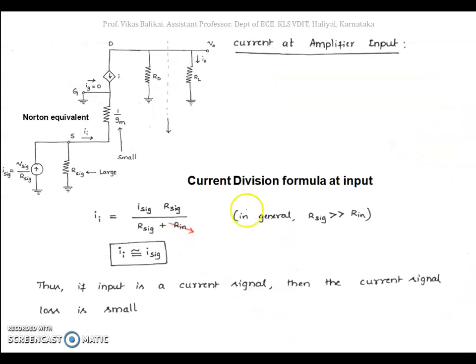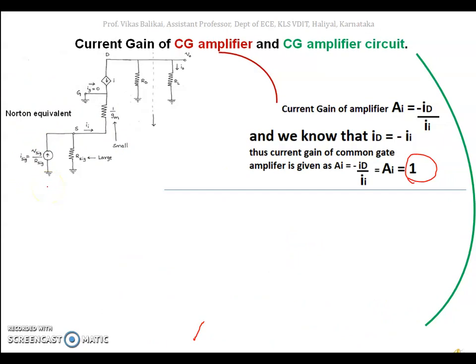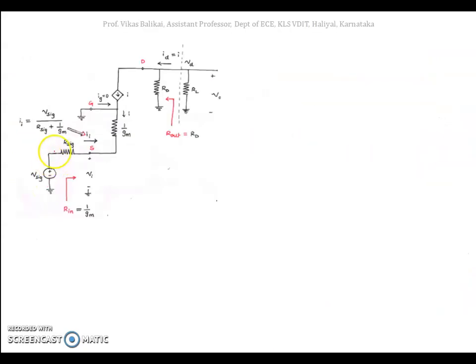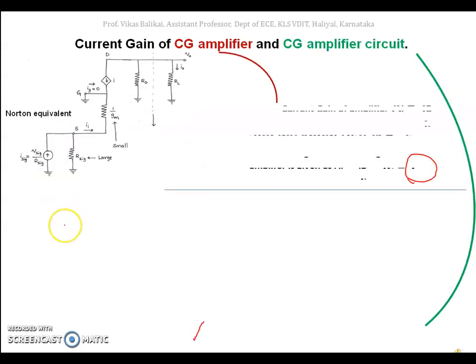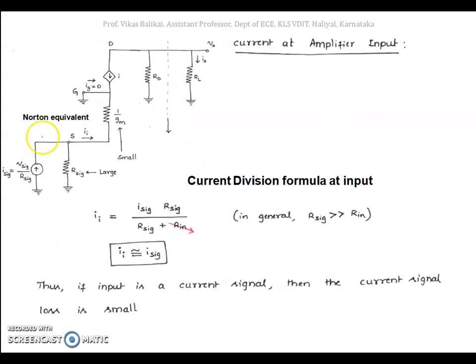Now let's try to apply the current signal at the input side rather than the voltage signal. When I do that, I replace the voltage signal with its Norton equivalent circuit. Remember, we did all these exercises by giving the input as the voltage signal, with a series resistance. Now if I replace this voltage source with its equivalent current source, I can write I sig, and in place of R sig, I can write the parallel resistance, which is the internal resistance of my current source. So if I do that, my configuration will look like this.